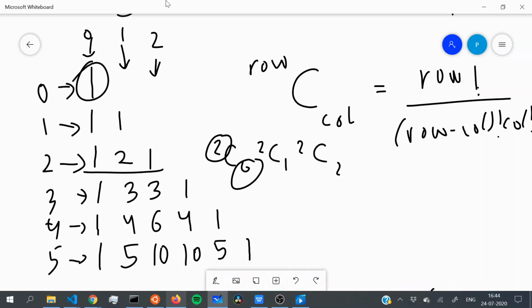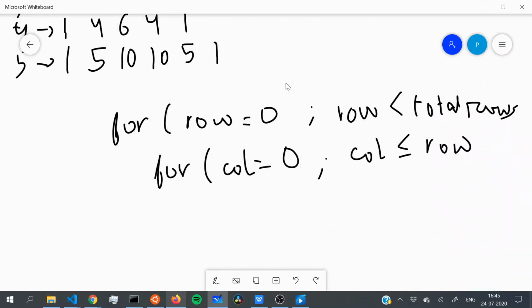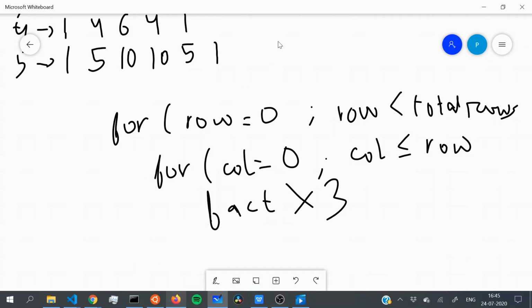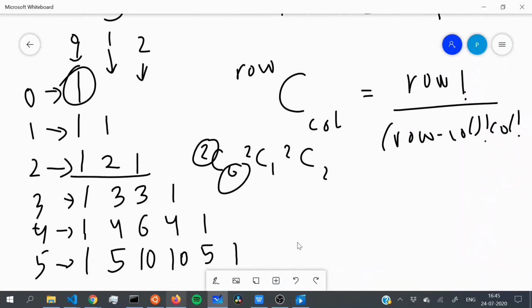But once we are inside the inner loop, we have to write another loop, and that loop will be for calculating the factorial. So I'm just going to write factorial over here, and we have to calculate the factorial 3 times, so 3 loops. Now you can imagine that would be a pretty slow solution. So is there another way without using that? Well, yes, we're going to be using a little bit of maths.